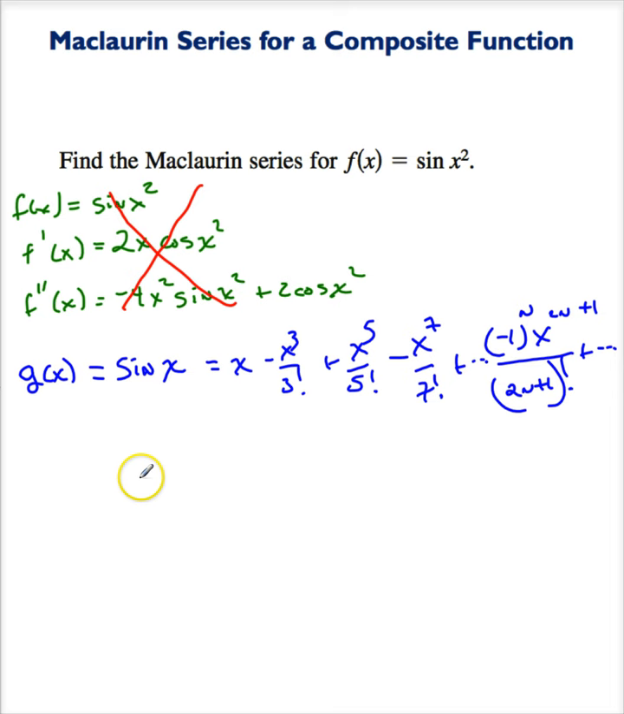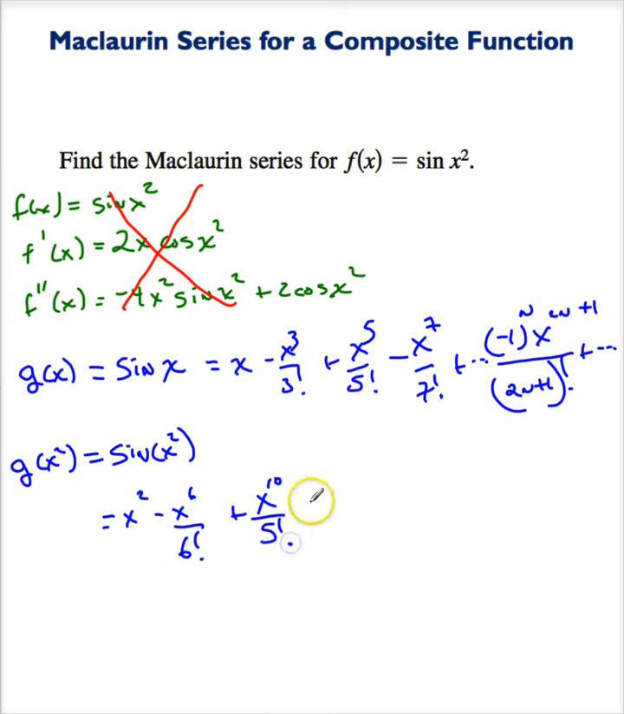Now, I know that g of x squared is sine of x squared. So you remember the theorem we had? I can simply replace x with x squared in each of these. So sine of x squared becomes x squared minus x to the 6th over 3 factorial plus x to the 10th over 5 factorial minus x to the 14th divided by 7 factorial plus dot dot